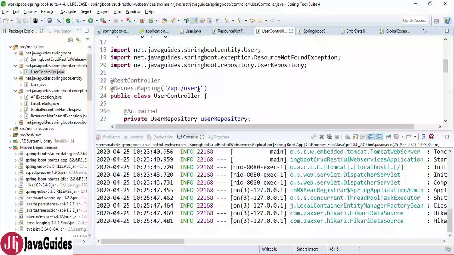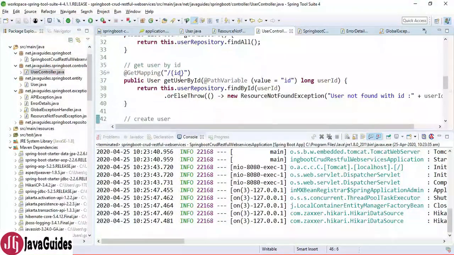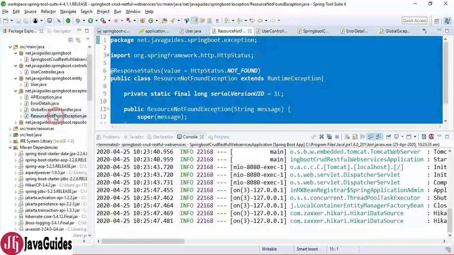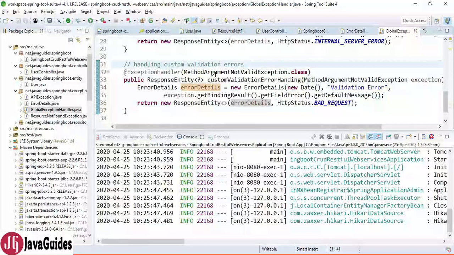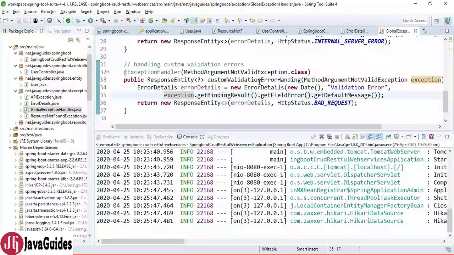And the third step is we have enabled validation in a REST controller or REST API by using the @Valid annotation. And the fourth step is we have created a method which will handle custom validation errors. Okay, so these 4 steps are enough to implement validation in a Spring Boot project.